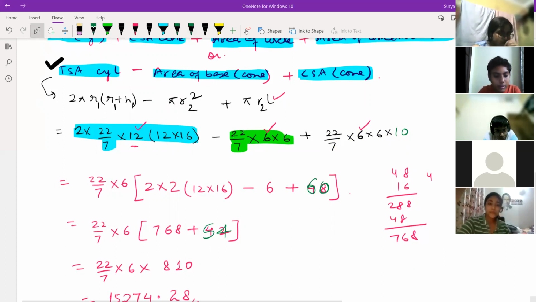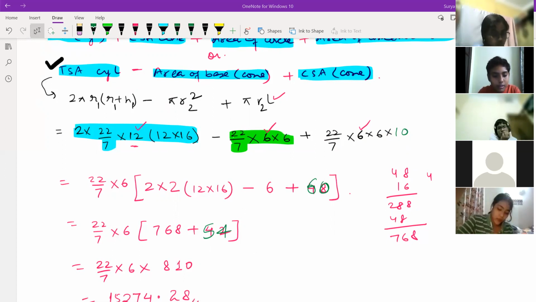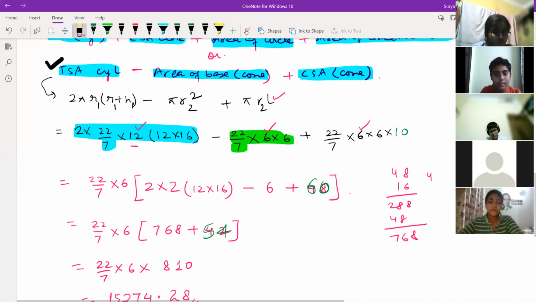Let me check once. Something is not wrong here, no? Pi r square we remove from there. Again pi r L we are using. So 2 into 22 by 7 into 12 into 16. PSA or CSA? Pi r 22, 6 into 10. See, here we have done it. Sir,